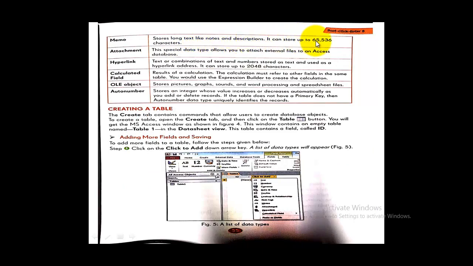It can store up to 65536 characters. And attachment, what is the attachment? This special type allows you to attach external files to an Access database. Then hyperlinks, we all know hyperlinks: text or combinations of text and numbers stored as text and used as a hyperlink address. It can store up to